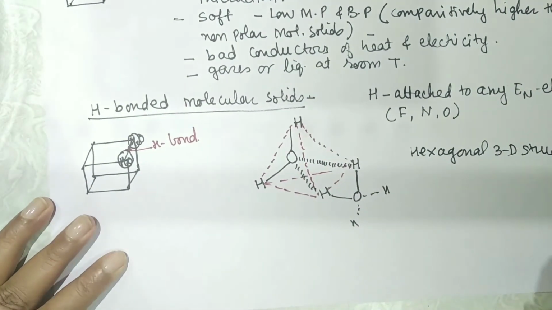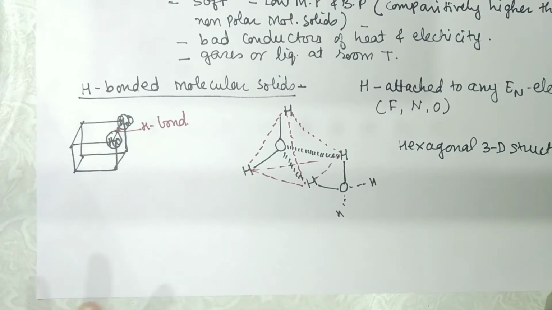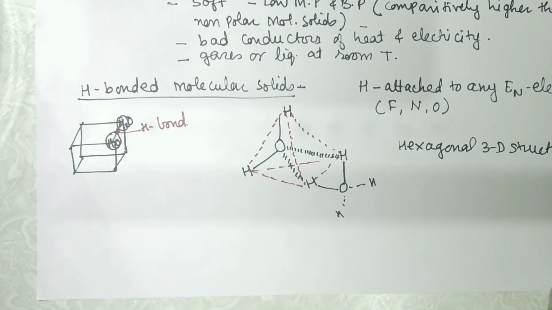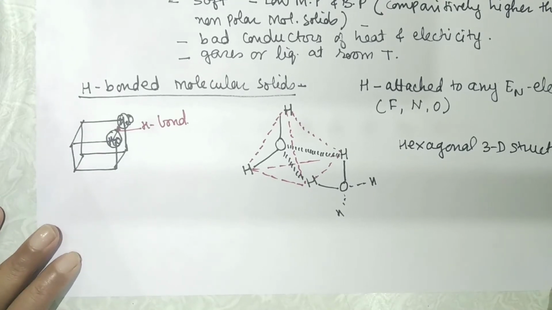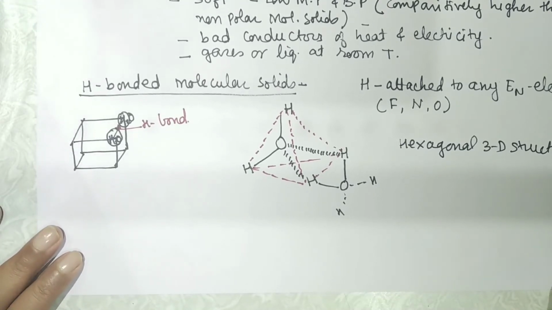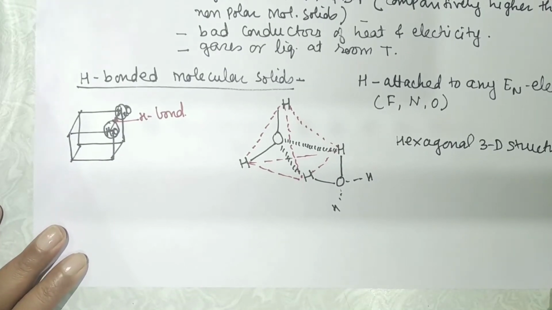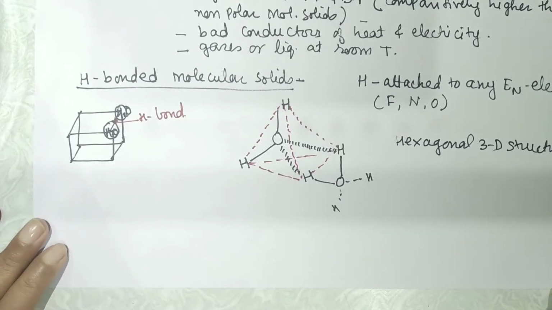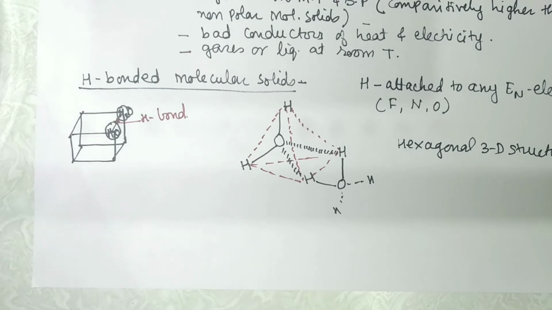Now, there is no free ion or free electron, and therefore even pure water is a bad conductor of electricity. The bond is hydrogen bond, which is again an intermolecular interaction, and so this is also a low melting solid. Now let us come to the concept of why it is lighter.